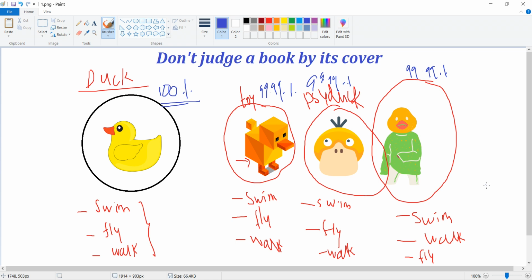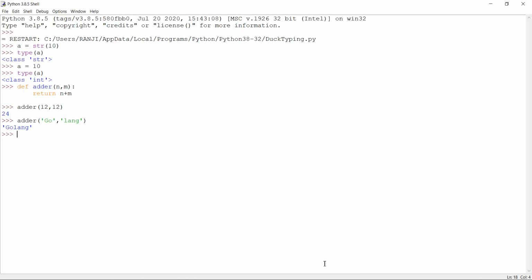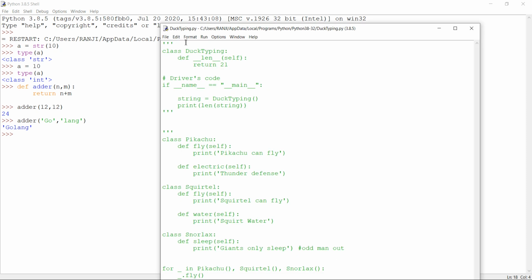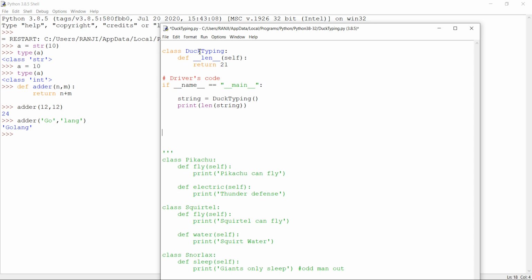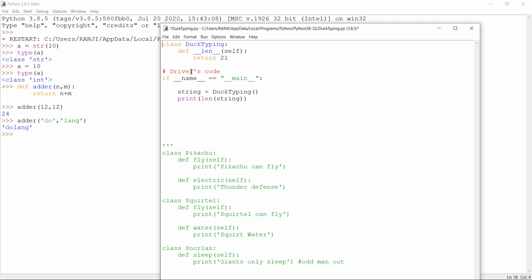For understanding duck typing in the context of Python, let's understand with the help of a program. I have considered two different programs to do this. The first code is: I have a class called duck typing, and inside this class I have a method